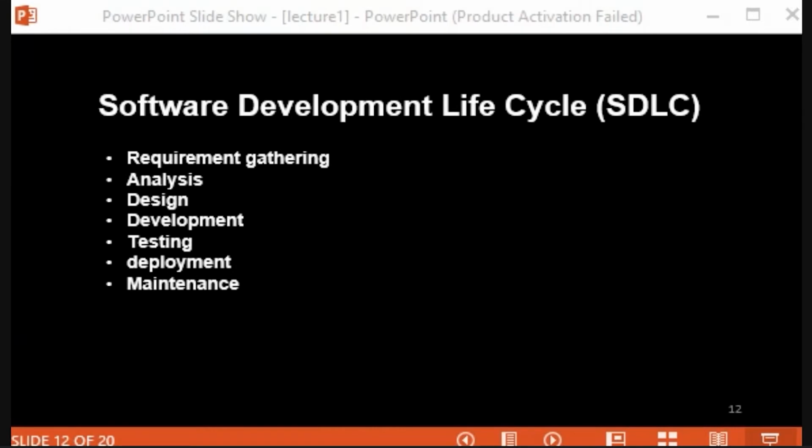After that, once the requirement is gathered and it is decided, suppose that project is feasible to develop. So next phase is your analysis, requirement analysis. So you can say in this phase we need to define and document all those product software requirements, and you need to get them approved from your